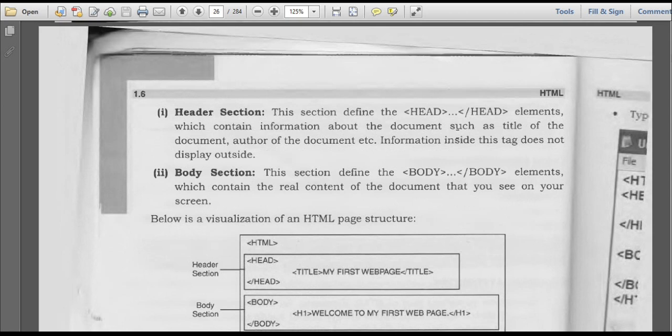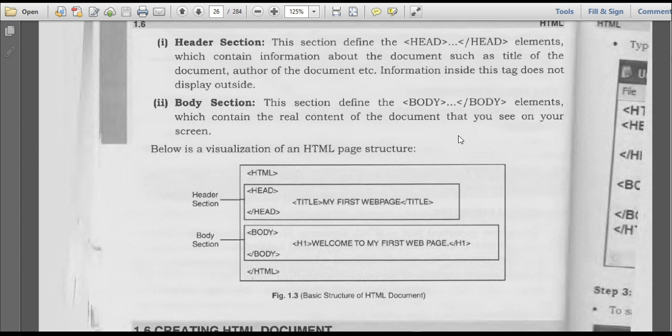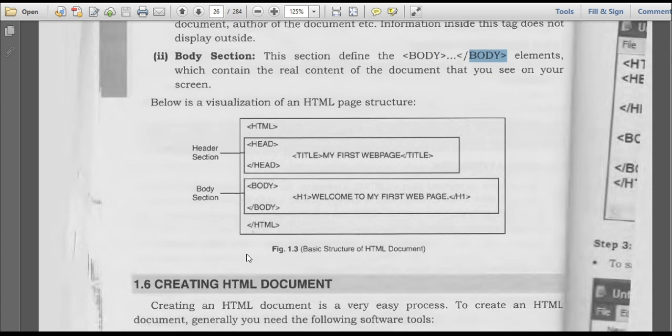In this example we are going with only the title of the document. The body section is defined in between the body opening tag and body closing tag, and all the elements contain the real content of the document that you see on your screen. So this is a simple structure of your document: HTML, head section and body section.